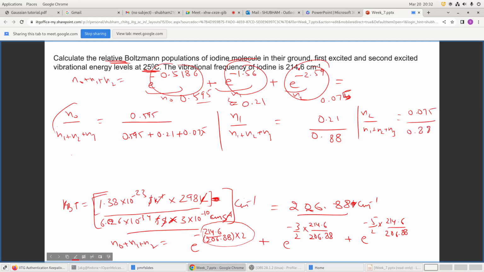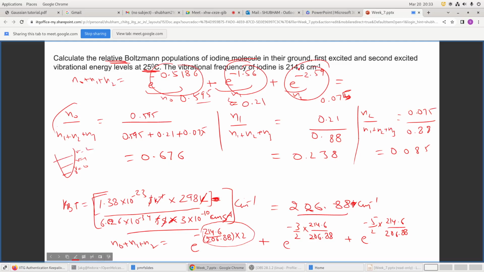So 0.595 divided by 0.88 is equal to 0.676. This is equal to 0.238, and this is equal to 0.085. So we can notice one thing, that the relative population from ground state to the